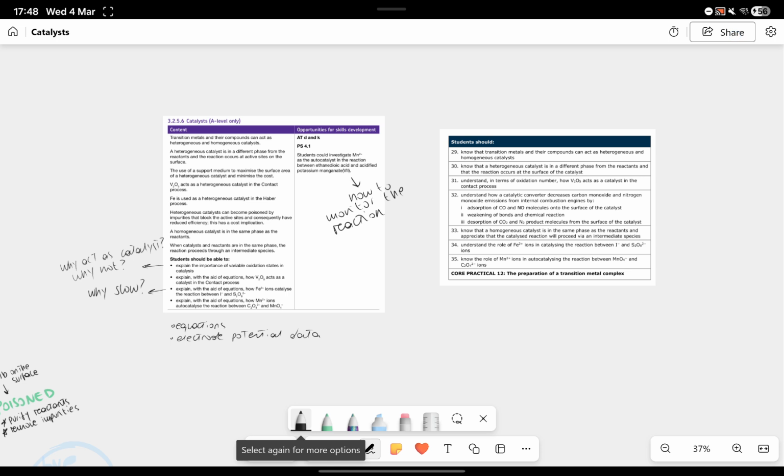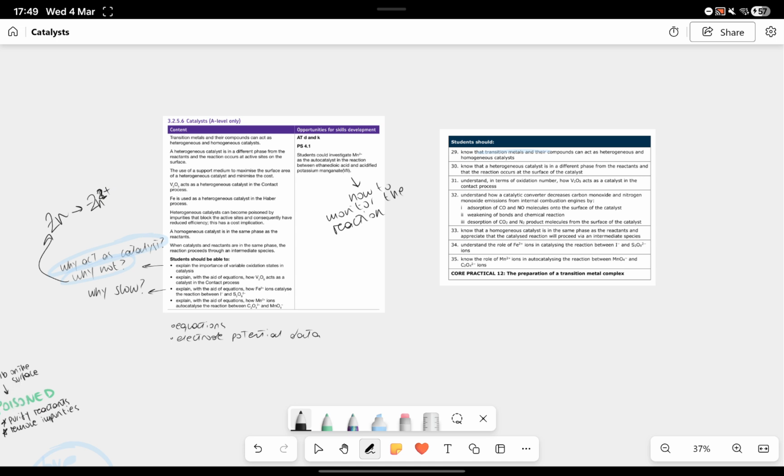Now we need to make the link between catalysts and transition metals. In fact, this is an important explanation in the topic of transition metals. Now, we need to explain why some transition metals act as catalysts and why some don't. So transition metals act as a catalyst because they have a variable oxidation state, which means that if you have a question of, for example, why does zinc not act as a catalyst? Well, because it only has one oxidation state, zinc 2+. This is just an example, but we need to remember the importance of variable oxidation state in catalysts